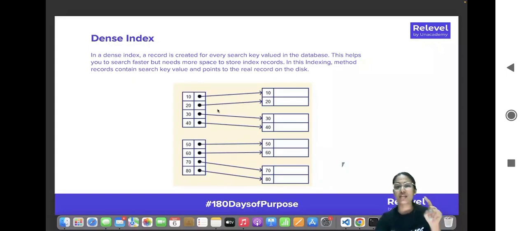Okay, none of the records are actually missed. So this helps you to search faster, but the problem is that it takes more space, right, because you have to actually make a record for each and every row in the index table. Okay, so what happens in this kind of indexing is that this method actually contains the search key value, and